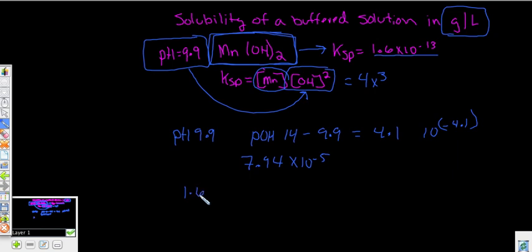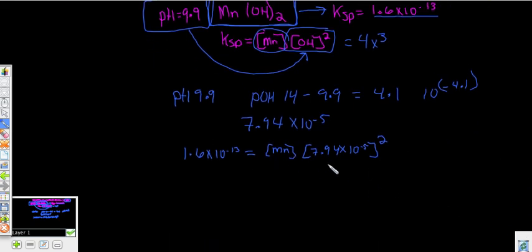So we have 1.6 times 10 to the negative 13th equals the concentration of Mn times the concentration of hydroxide ions, which we know is 7.94 times 10 to the negative 5th, squared. So to solve for this, you just divide 1.6 times 10 to the negative 13th by 7.94 times 10 to the negative 5th squared,